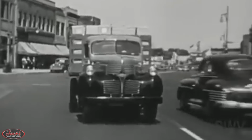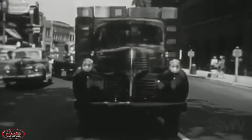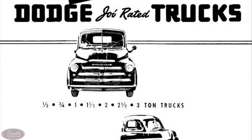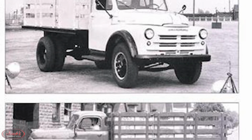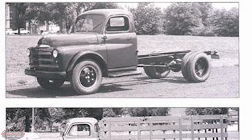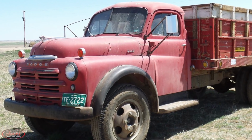For the next several years, during the war and all the way up through 1947, styling on all Dodge medium and heavy-duty trucks remained largely unchanged as the company focused solely on engineering and production. That was until 1948, when Dodge unleashed their brand new B-Series of trucks in an array of light, medium, and heavy-duty models. These new B-Series trucks came with larger cabs and a set-back front axle and were built for only 5 years at just one plant located in San Leandro, California. Another notable feature of the B-Series models was the 18-inch steering wheel, which allowed for a tight and precise turning